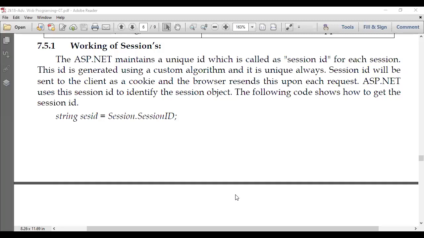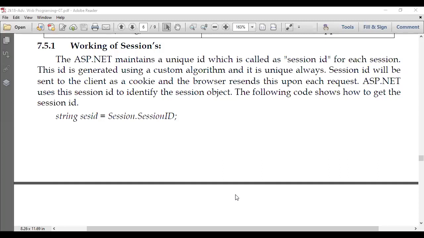But what will happen is, as the session ID for that unique interaction is not stored in cookies in the client's browser, every time you type Gmail and close it, the session will expire if you have disabled the cookies, and you have to log in again. So security is maintained. So what kind of sessions are they storing into cookies? That will be when you hit a logout button or something, on which you call the code of session closing. That is called Session.Abandon, which we are going to learn.